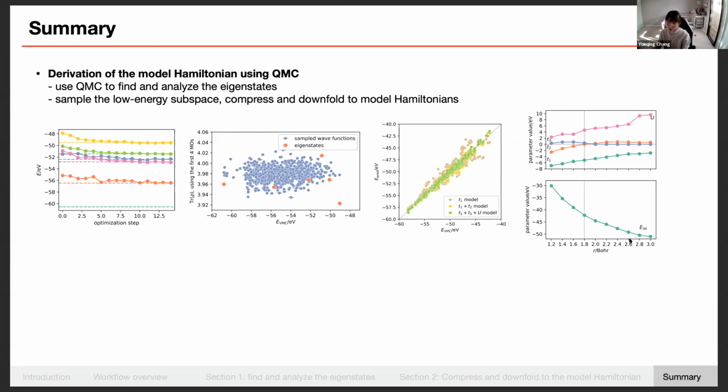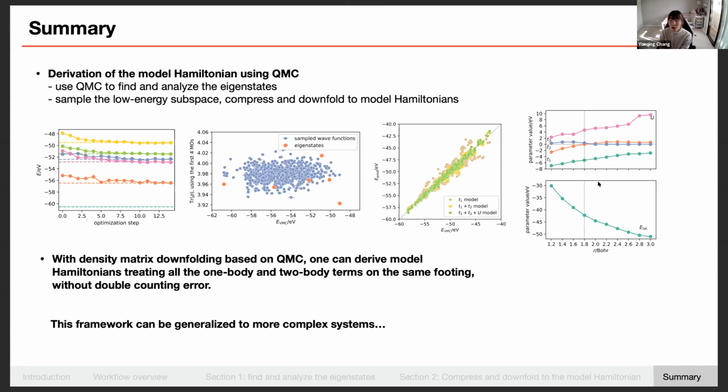And future work that is still in progress is that we are trying to extrapolate to the thermodynamic limit and try to disentangle the different interaction channels to see what is the actual necessary term that generates the metal to insulator transition. And one takeaway message for this method is that with this framework based on QMC, we can derive model Hamiltonians,